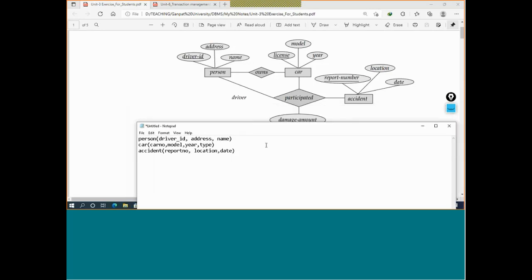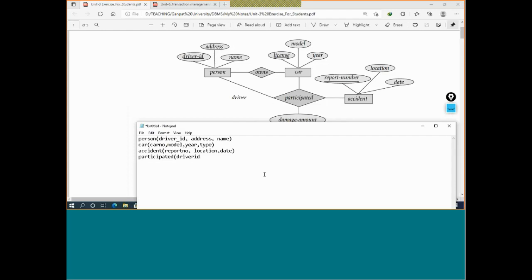One more thing we have to add: participated. I will say participated is a relationship set, but still I will add it. Participated or met with an accident. मैंने वो लिखा था. Then I will add here participated. So there is driver ID, that is the primary key.